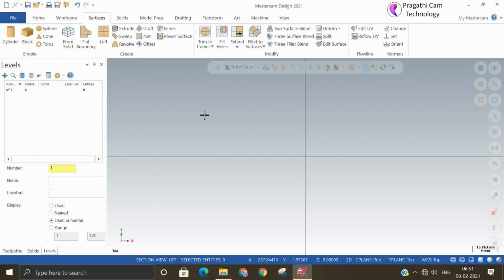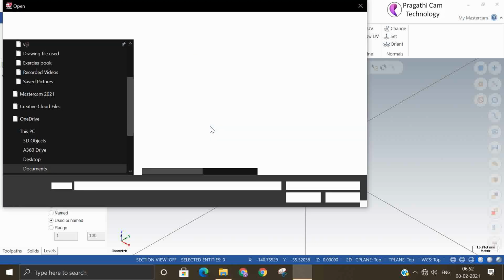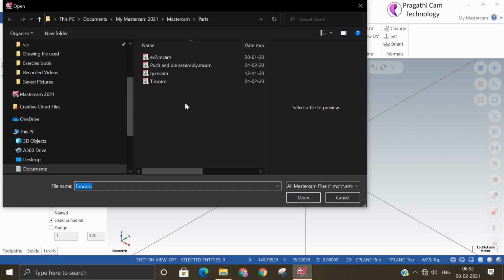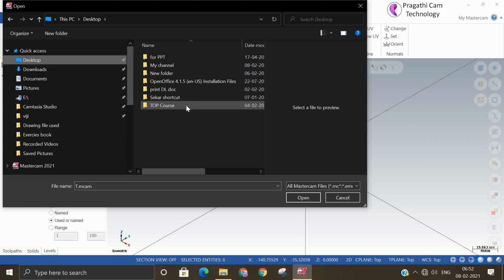So we'll do one thing. Any wireframe model, you can convert into the surface model. One small wireframe model we have made now. That model we will take and convert that wireframe model into the surface model.